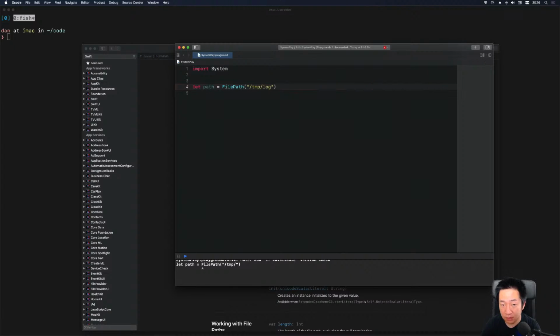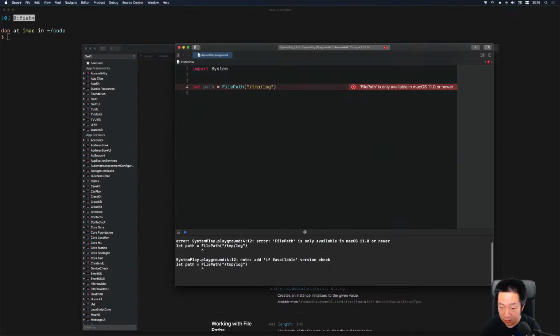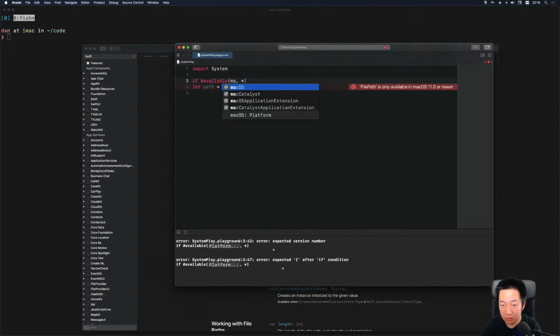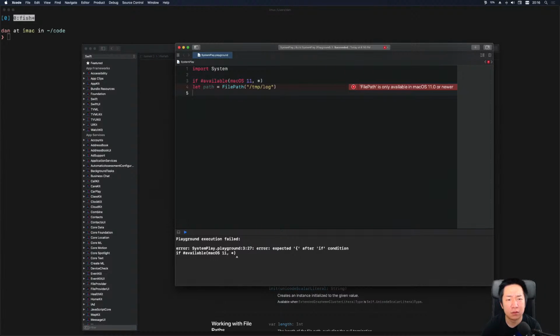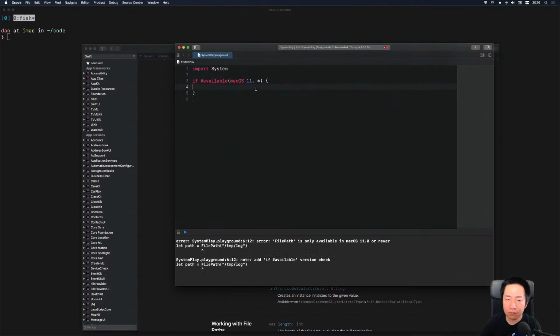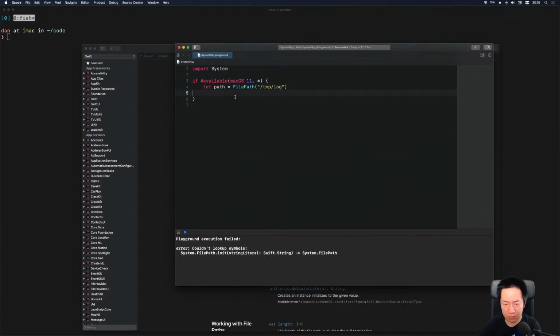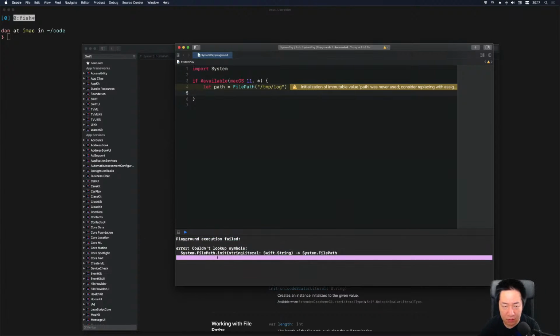Log. I think, okay. It's only available at macOS 11 or newer, so let's do that. If available, macOS 11. And then no big deal. That is interesting, but